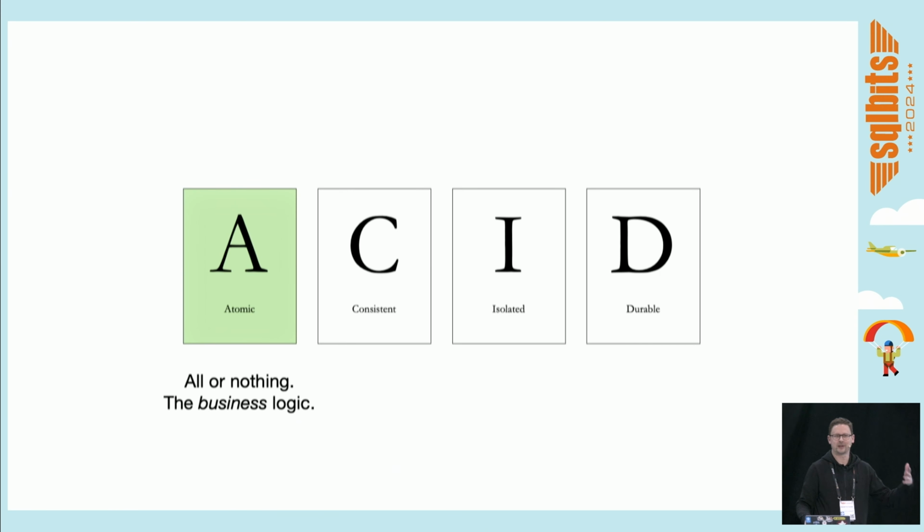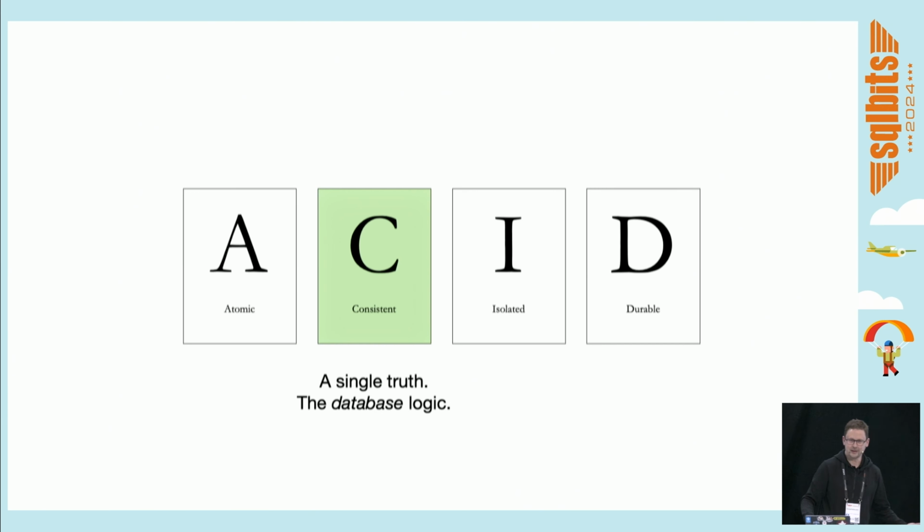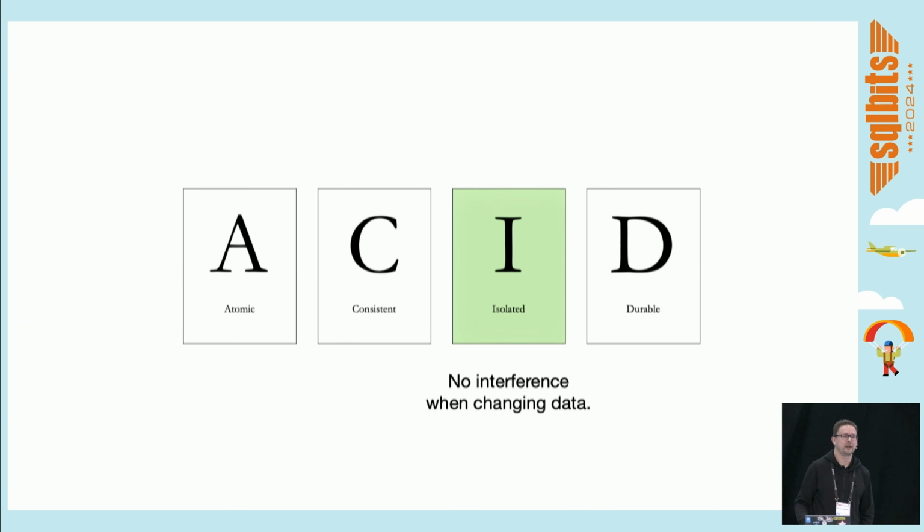That's the business logic that you write. Then there's consistent, which is the database logic. And that's actually the indexing, sorry. So the atomic bit is the business logic. If you have foreign key constraints, if you have primary keys, stuff like that, the consistency is the database logic. There's a subtle difference, but they're very similar. We're not going to be paying too much attention to them in this session because these are not things that you can generally do a lot with. Instead, we're going to be looking at isolation. Isolation means that when you are working with data, you are not interfering with other people and they are not interfering with you.